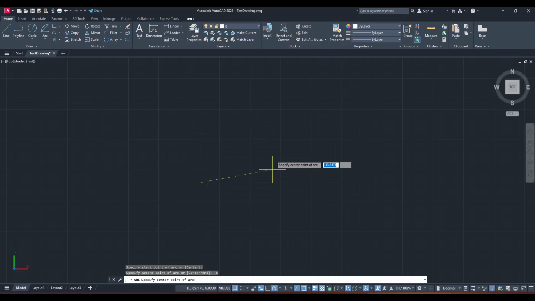Click to place your base point. This becomes the start of the arc, so use object snaps like endpoint or intersection if you need accuracy. Next, click to specify the center point. The distance from the start to the center point becomes your radius. As you move the cursor, you'll see a live preview that helps you position the center where it needs to